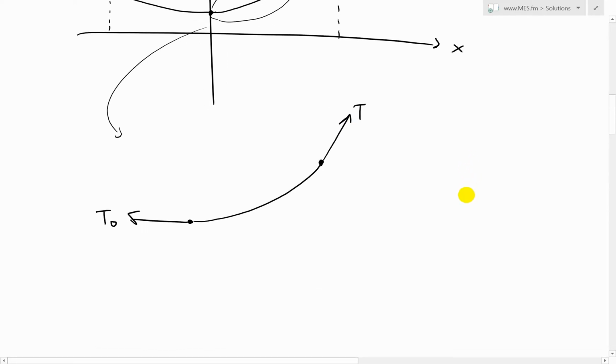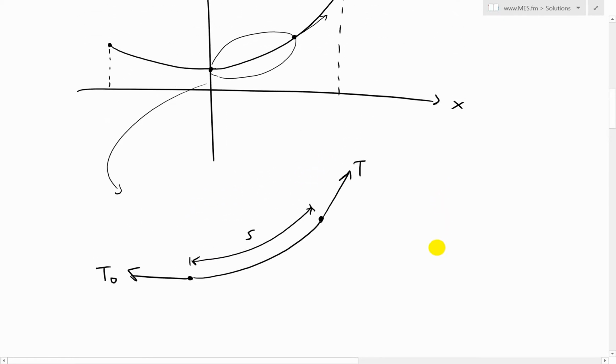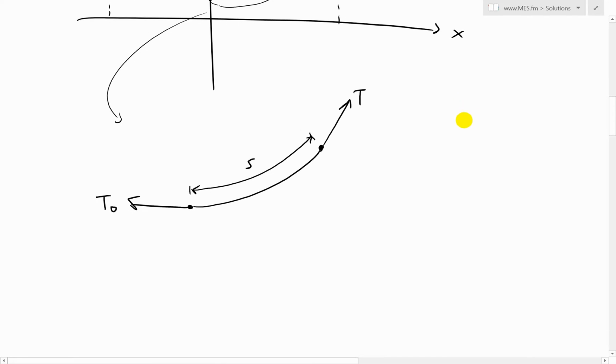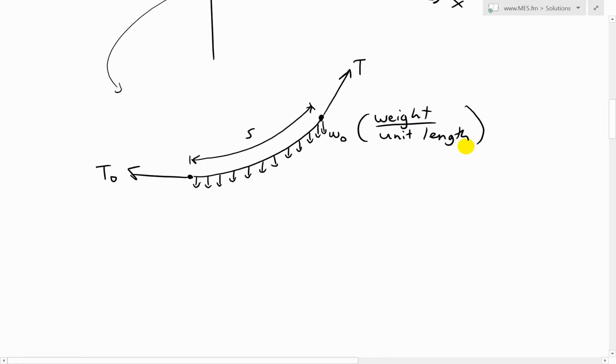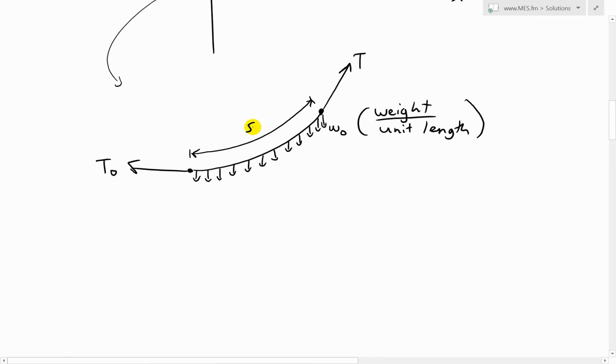Yeah, so then what we'll write is this length of this segment, we'll call this length S, and now this has a linear weight density, call it W naught, of this segment or wire. Let's say it has a uniform linear density per unit length like that, and this one we'll call W naught, just like in my earlier video, and I'll write that here. And I'll write this as weight per unit length like that, so it's a linear weight density of that. So yeah, to get the entire weight or force, you just multiply this uniform one by this length across,